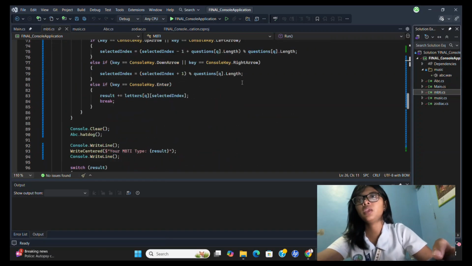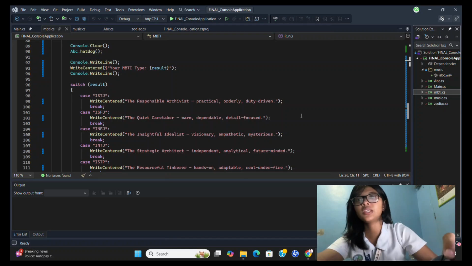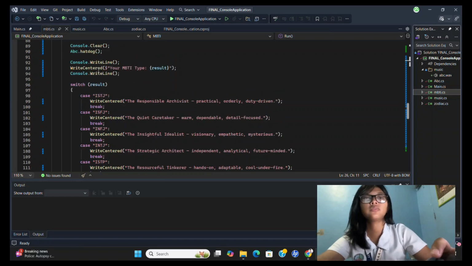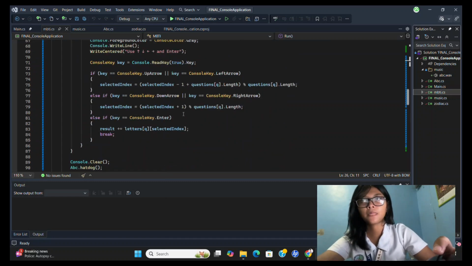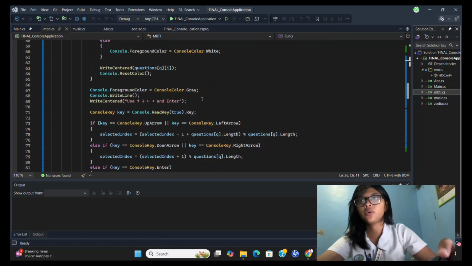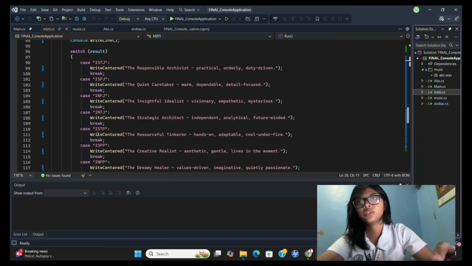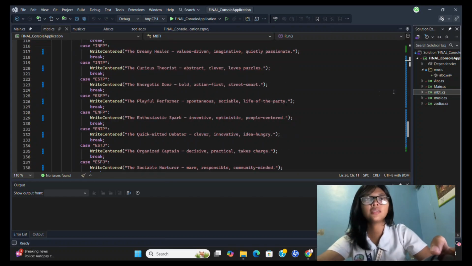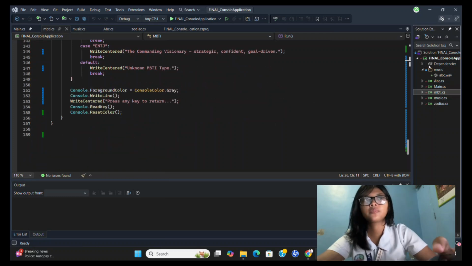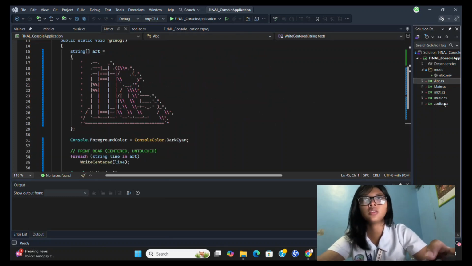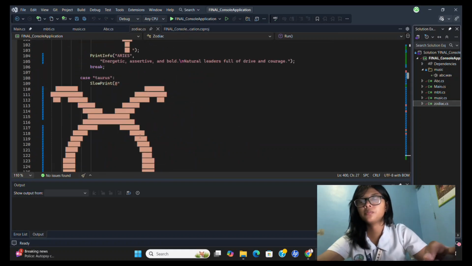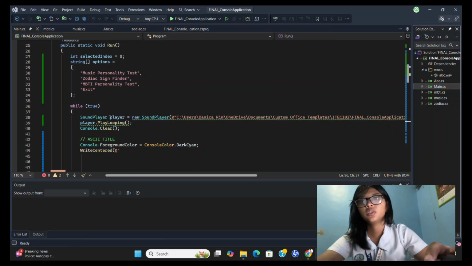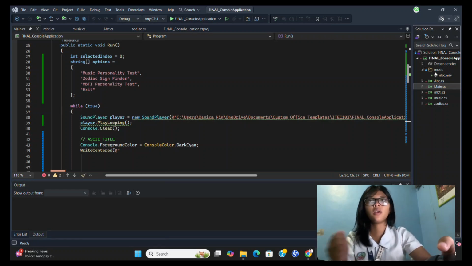Whatever you pick among these choices, we have a loop that has results for each of the answers you give. For example, ISTP: here's the result. I've also done the colors and the ASCII designs for each class, like this one and this one. I've also tried putting background music in our program so it can be improved. So that summarizes my part of the project.